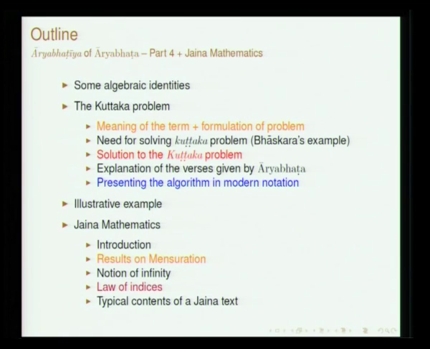So far we had 3 lectures on Aryabhatiya. So in this fourth part I will be definitely concluding Aryabhatiya, and then we will move on to a bit of Jaina mathematics. So in the last lecture on Aryabhatiya, I was explaining to you about the methods by which Aryabhata has